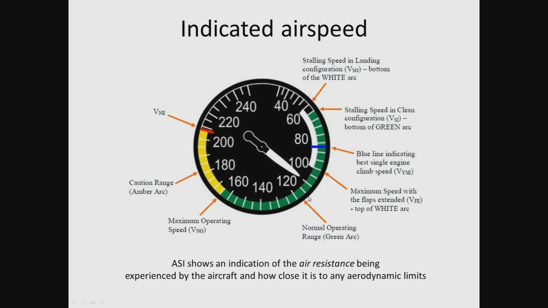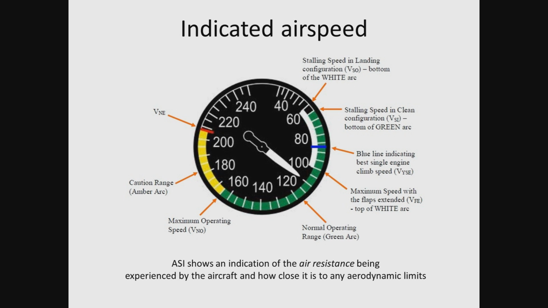So here we have a diagram of a simple basic airspeed indicator from a single engine aircraft or a twin engine aircraft. And the important thing to note is this comment at the bottom here, which says the airspeed indicator shows an indication of the air resistance being experienced by the aircraft and how close it is to any aerodynamic limits. The reason that the airspeed indicator gives us an indicated airspeed is because that indicated airspeed, as I said a minute ago,